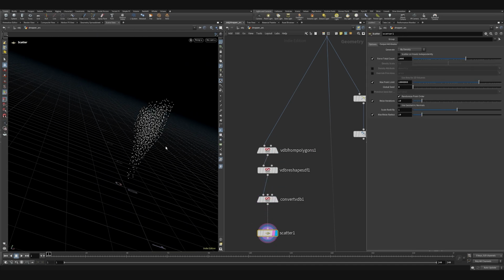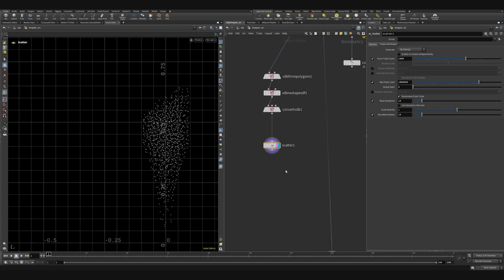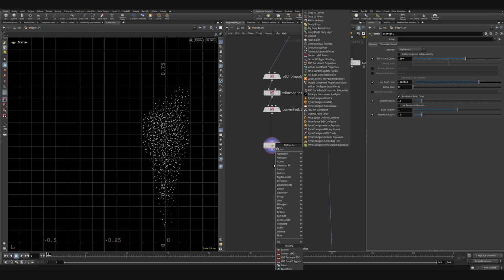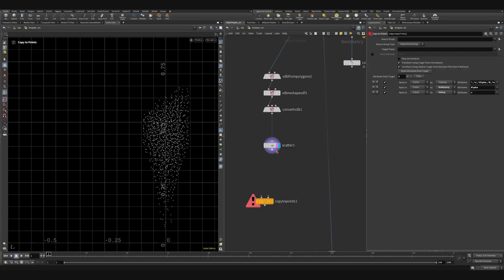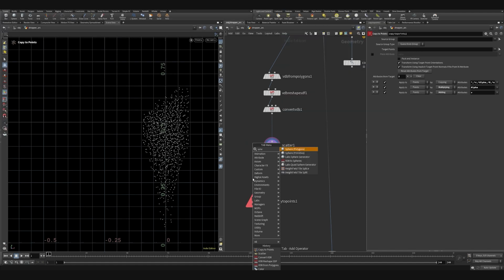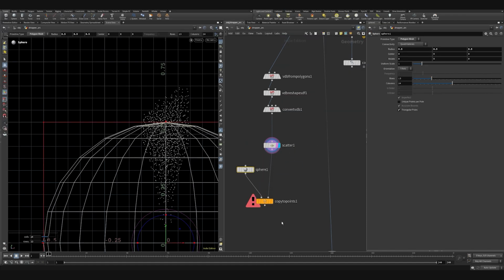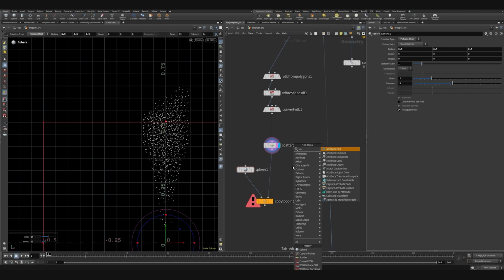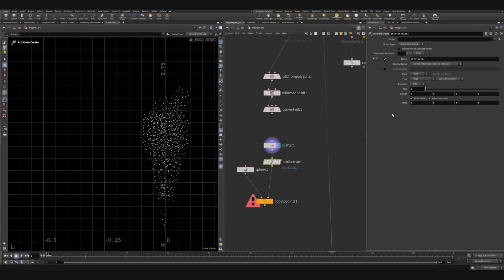Sketcher, then just copy the points, sphere, create some attribute for p-scale, set some arbitrary value, 0.1,